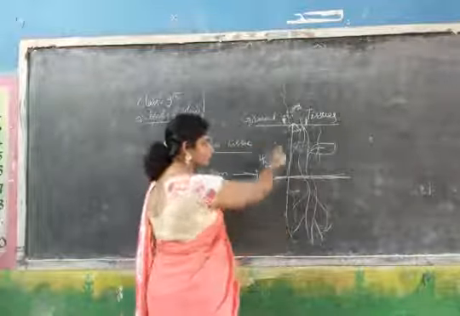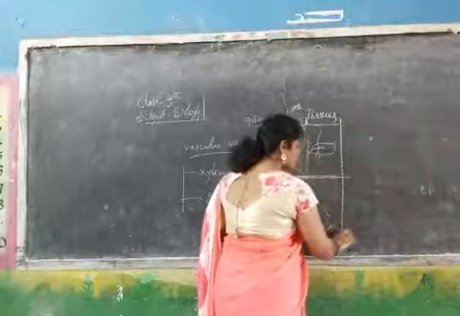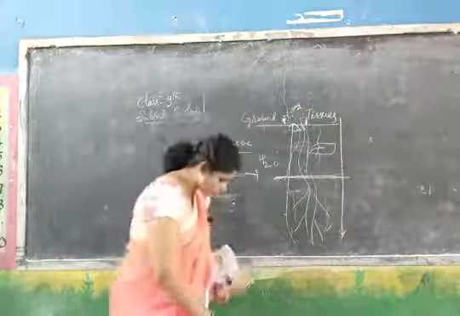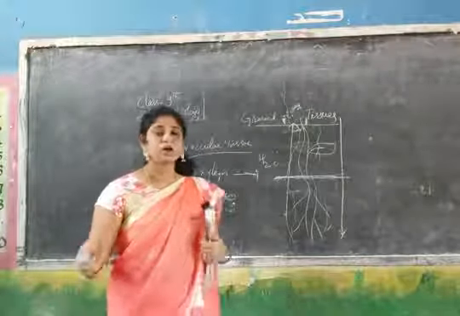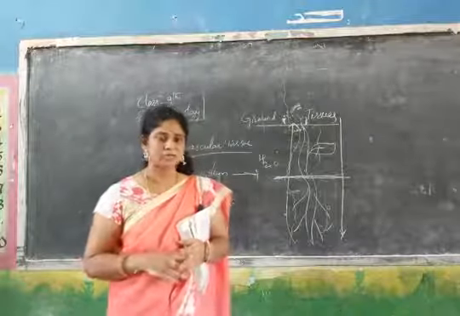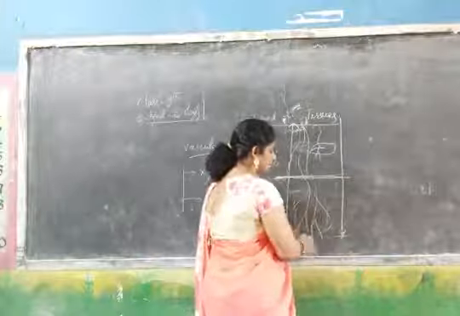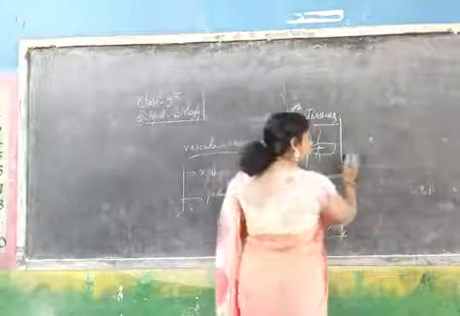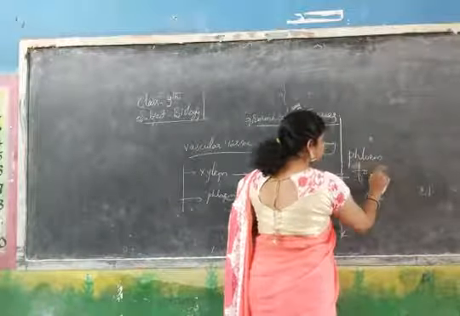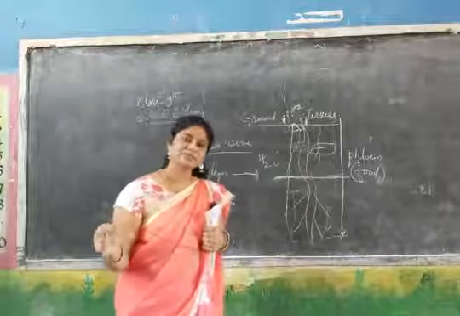Water is carried from the roots to the shoots, and in the leaves food is prepared during which process? The photosynthesis process, food is prepared. That food is supplied throughout the plant body parts. So who is carrying the food from the shoot to the tip of the root, or to the complete plant? Phloem. Phloem is carrying the food from the shoot system to the root system or to various organs of the plant.